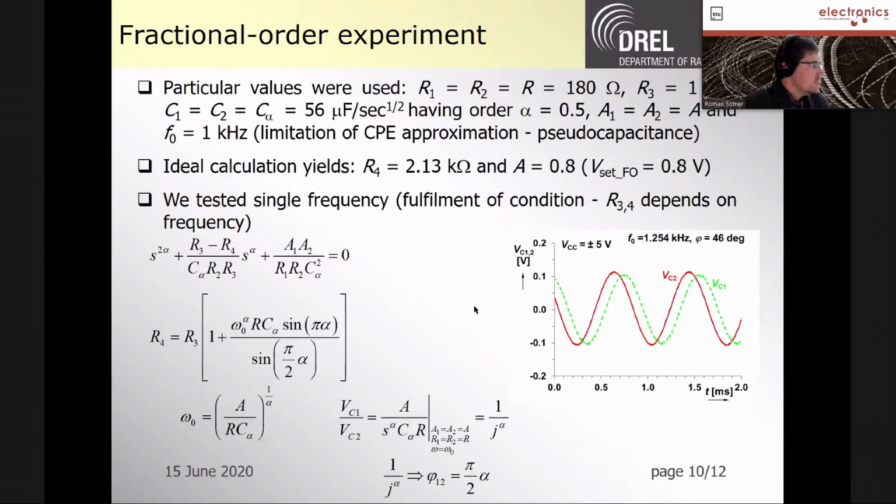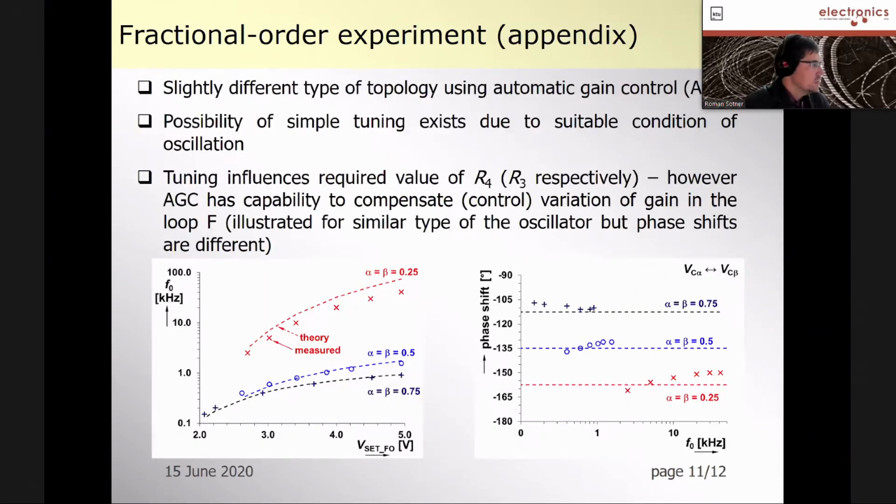In this case, we did not use an automatic gain control circuit in the feedback loop for conditional oscillation control. It was an inertial part and a non-inertial part based on diodes. But in our next work, which is not described in detail here, we also used an automatic gain control circuit in the feedback, and there are results.